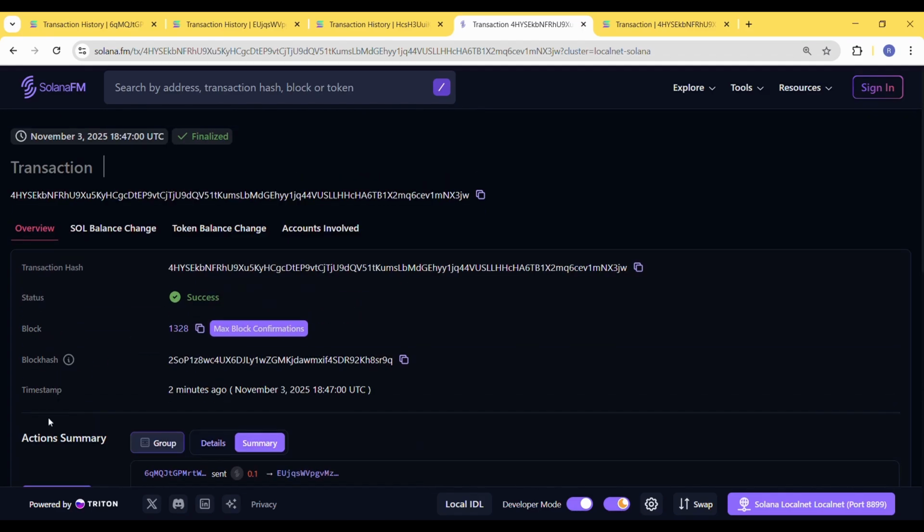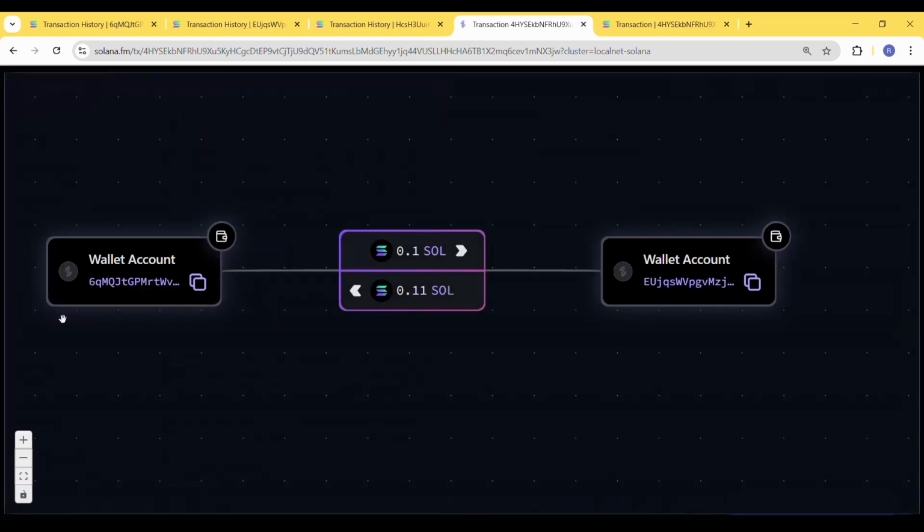and here this one shows the direction in which the transaction happened. So 0.1 from our Keypair 1 initials 6 to Keypair 2 initials E, and back transfer of 0.11, and you can see how the entire transaction looks. Now we'll go back and we'll look at the code and we'll run the code again and we'll